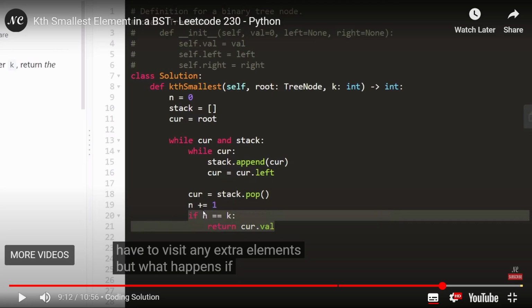So that means once we encounter that n is equal to k, which means we found